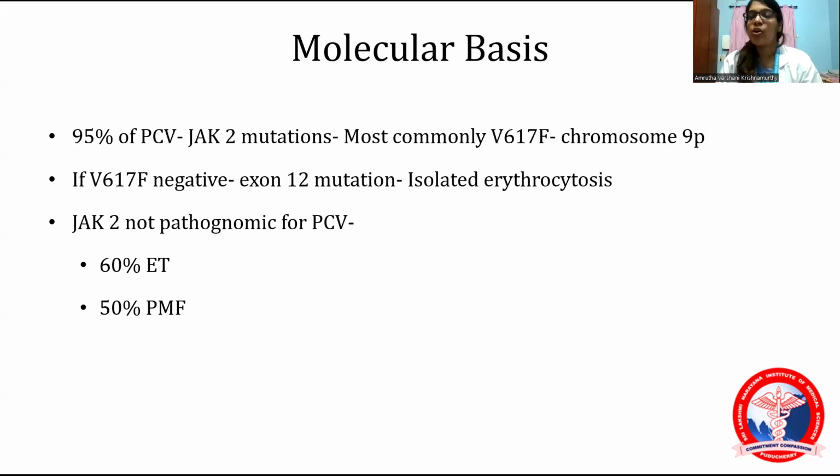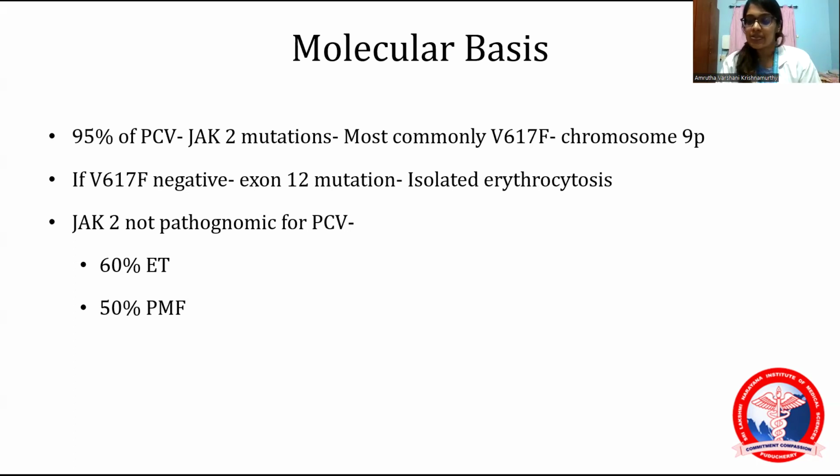So what is the molecular or pathological basis behind polycythemia vera? There is one driver mutation which is almost pathognomonic of polycythemia vera, which is the JAK2 V617F mutation. So almost 95% of the patients will have the JAK2 mutation, that is V617F, which is present in chromosome 9. But there is also 5% of patients who are JAK2 negative who will have an exon 12